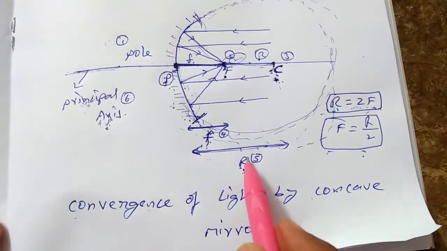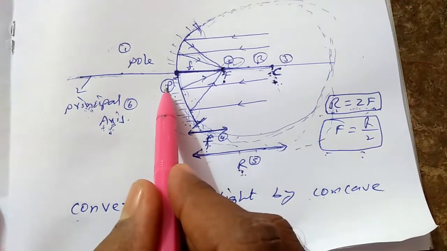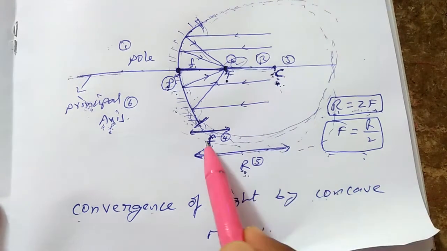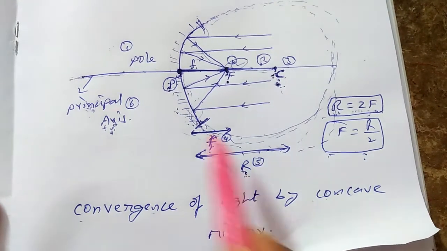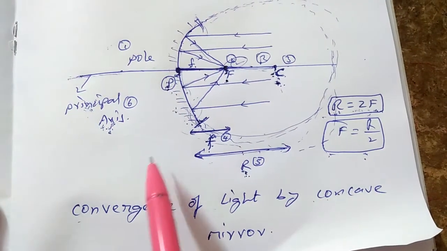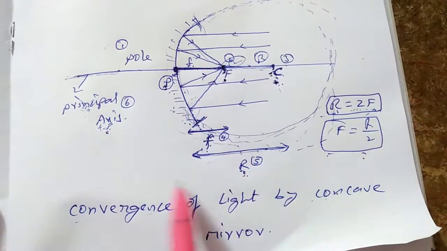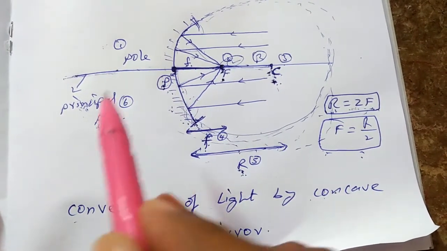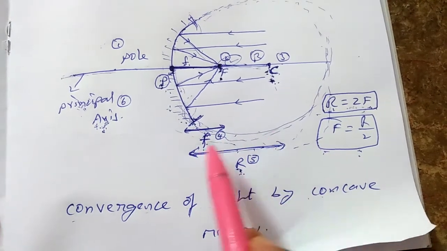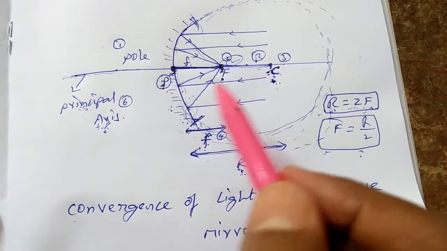So this is the fifth definition, radius of curvature. Right? So we discussed pole, and next focus, center of curvature, focal length, radius of curvature and principal axis. So these 6 are very important definitions. Okay, all these 6 definitions can be discussed for convex mirror also. So I shall revise all the 6 definitions once again.